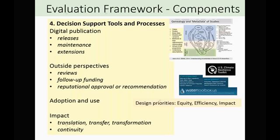There are some metrics and measures about looking at what the outside community thinks of your decision support tools and resources, whether it's through reviews, long-term funding, repeated funding, or other organizations putting their reputation out in terms of approving or recommending your tool. And then you can see where these notions of other parts of the framework connect in with the decision support tool itself. That is describing the adoption and use, which ultimately gets back to the design priorities we talked about in an earlier